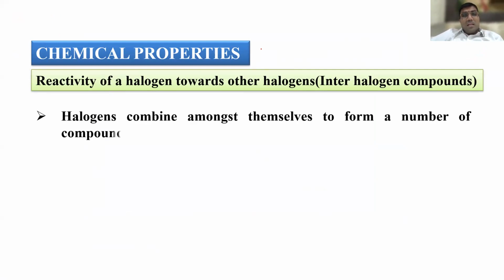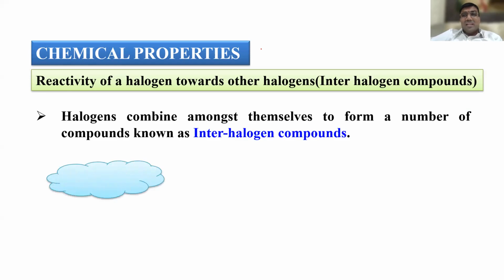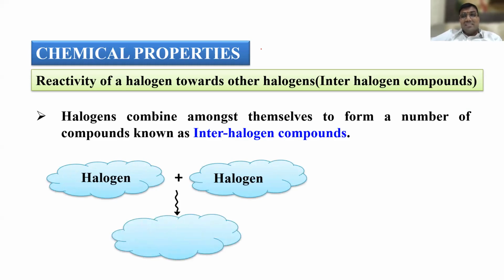So you know very well, all the halogens will combine and form interhalogen compounds. So let us see those things. A halogen plus another halogen is going to form an interhalogen. Inter means within, between two. One halogen and another halogen are combining. For example, Cl and F are different halogens, so two different halogens are combining. Inter means within the halogens they are combining, right?